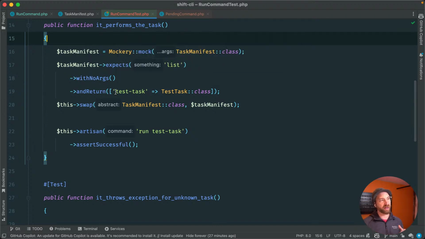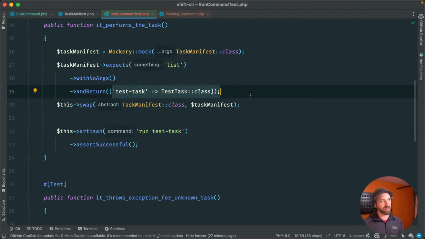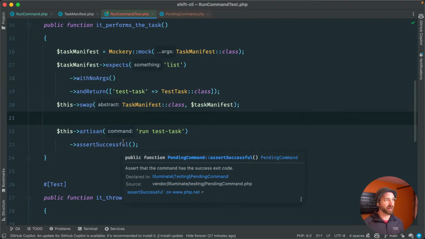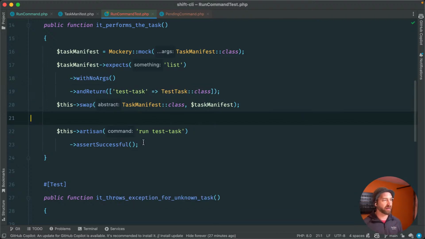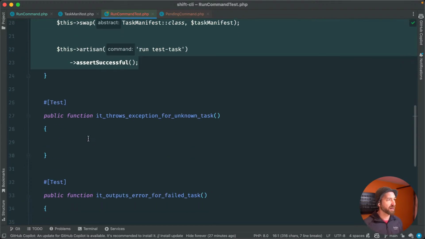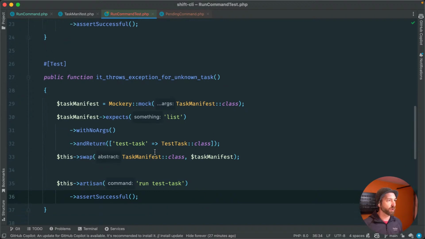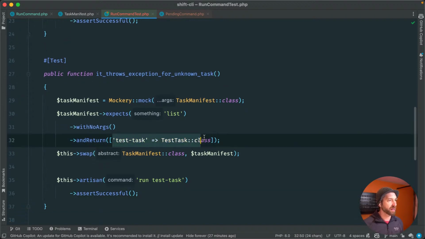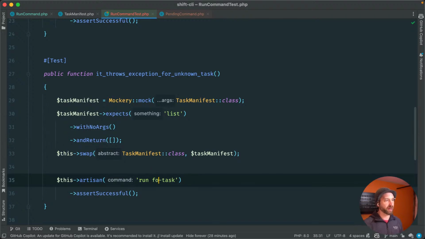We faked the manifest to give ourselves an example task, right? And then we're actually calling that task, and it's performing it and therefore returning 0 and not doing anything else. So I've got about 5 minutes left, so let's see if we can get this to work the way we want. So in this case, we'll do something like this, and here we can say run something like